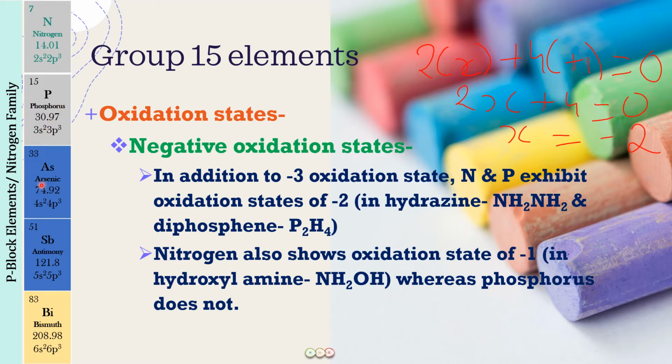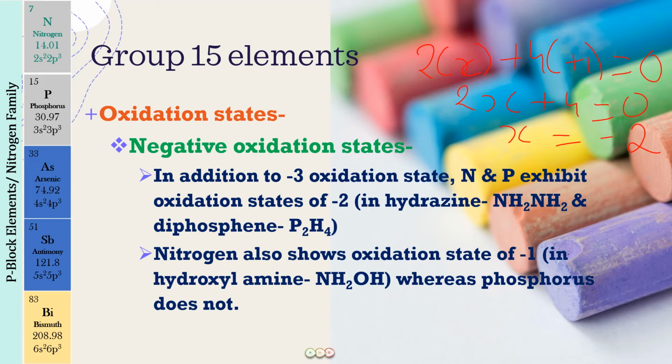All phosphorus, arsenic and antimony exist as tetrahedral structures. So it is going to be P4, As4 and antimony, Sb4. So here again, in the elemental state they will be having zero oxidation state, and bismuth is a metal. So we do not write any 2, 3, 4 along with that. So bismuth will be just represented by the symbol Bi only, and there it will be having the oxidation state of zero when we are talking about the elements in their elemental state. Okay, so I hope that is clear.